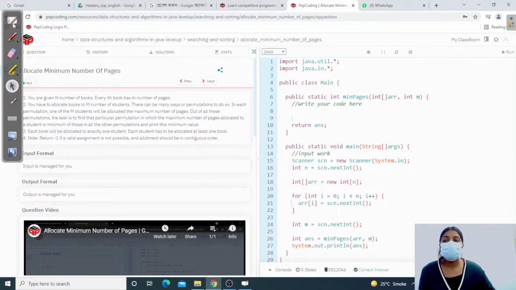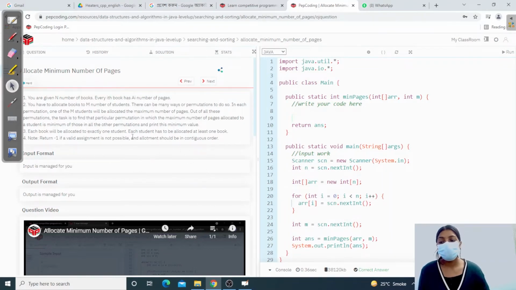It means that if I have four books and I have two students, that doesn't mean that I allocate all my four books to only one student, and the second student is allocated zero books. Okay, we don't have to do that. We have to allocate at least one book to every particular student. We can allocate more than one book to a student, but we have to allocate at least one book. Okay, and print -1